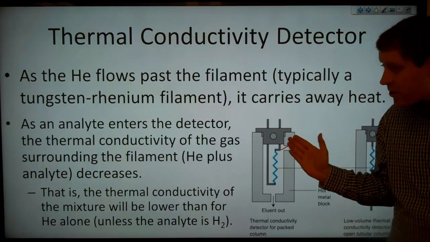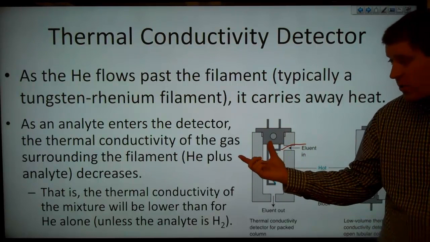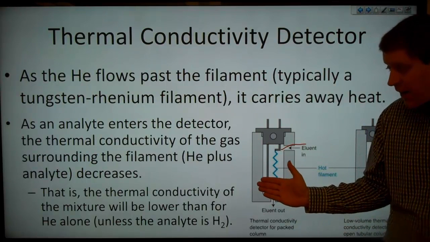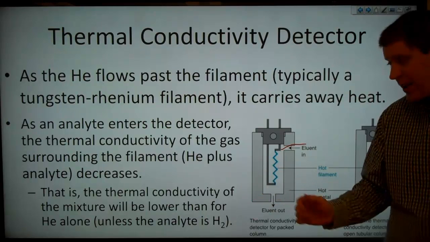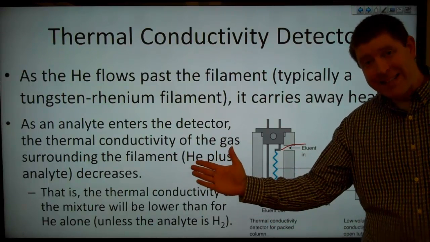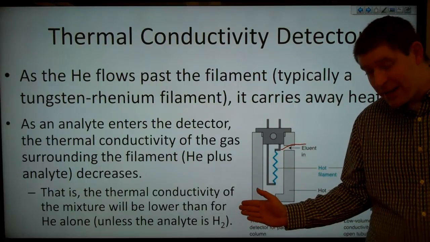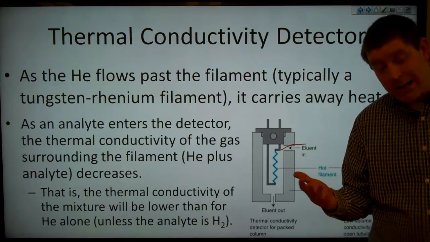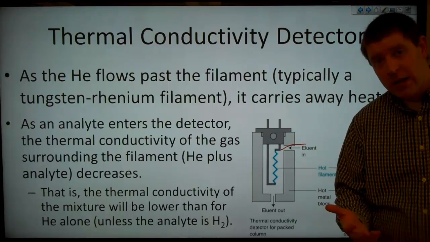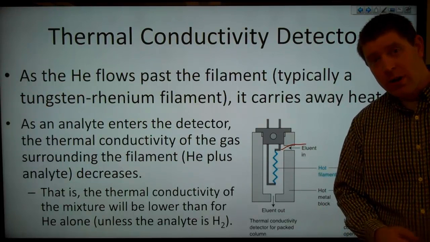And as the analyte enters the detector, the thermal conductivity of the gas surrounding that filament, so the helium plus the analyte, decreases. That is, the thermal conductivity of the mixture will be lower than that for the helium alone, unless the analyte is hydrogen, because helium has the second highest thermal conductivity out of all substances, with the highest being hydrogen. So as long as our analyte isn't hydrogen, then whatever else we mix in there has a lower thermal conductivity than helium does, and that means that mixing it in with the helium will lower the thermal conductivity